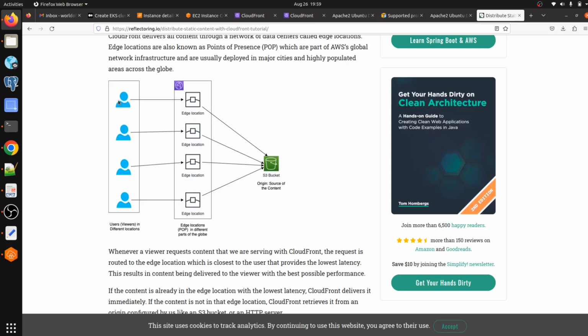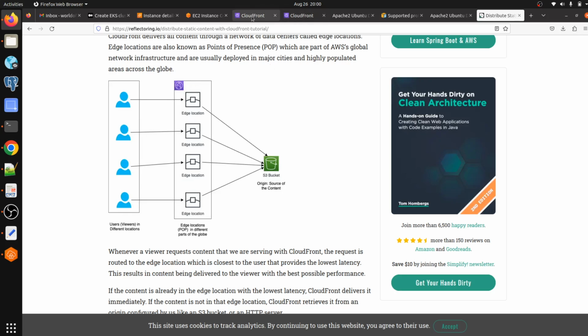And later on, if the same user or any other user from the same region or nearest location is trying to access the same kind of data, then the request will be served from the edge location only, and this way it will reduce too much time. It will reduce load from the origin server, like your application, and you can secure it using a TLS SSL certificate as well. So I hope you understand what I am trying to say, how useful CloudFront is.